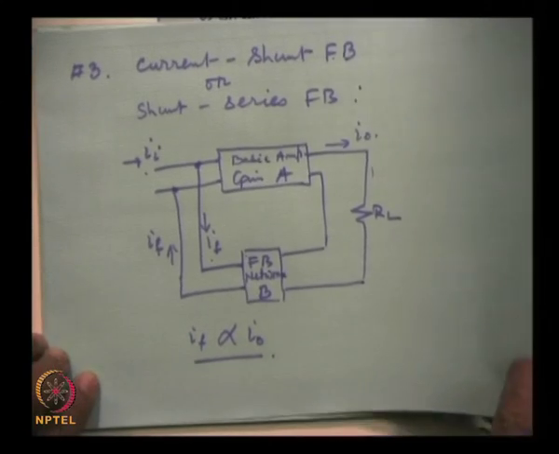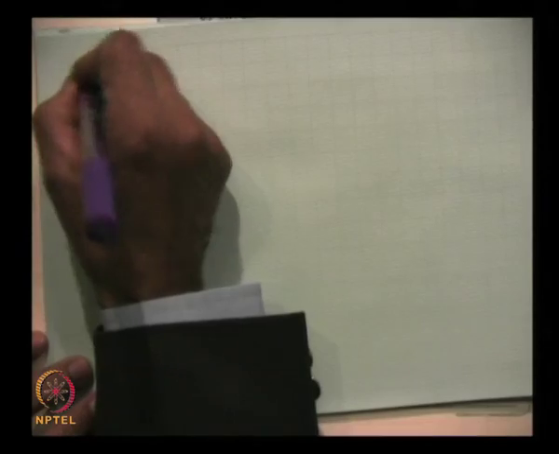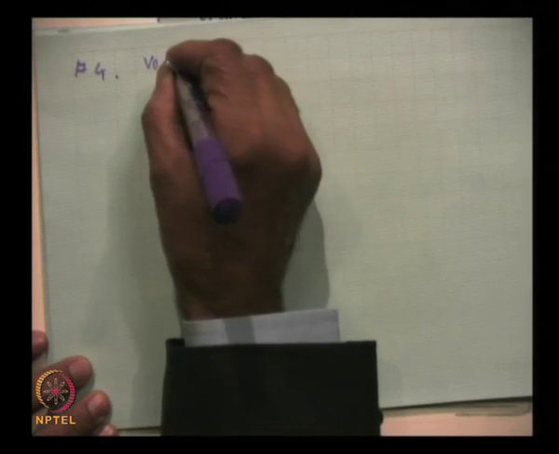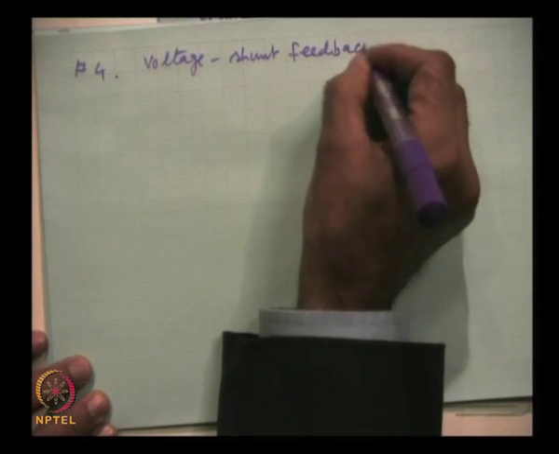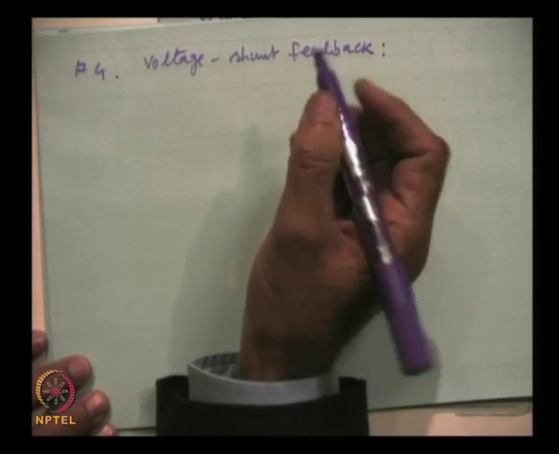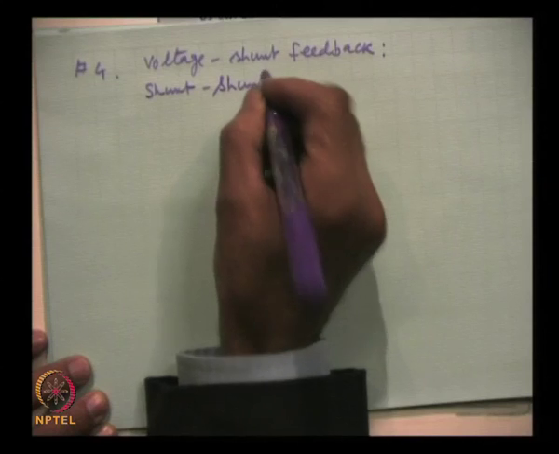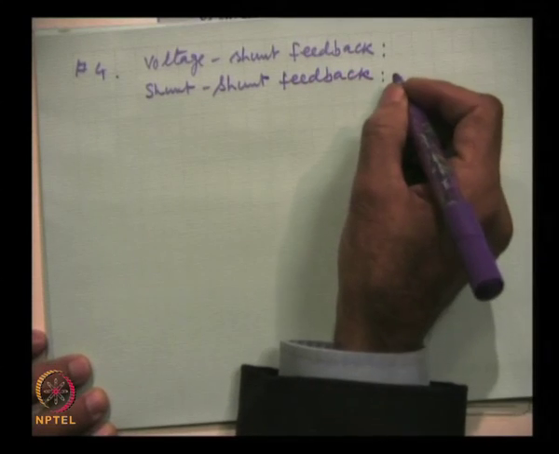And the fourth and the last is voltage shunt feedback, which is also known as shunt feedback. And the circuit for this is